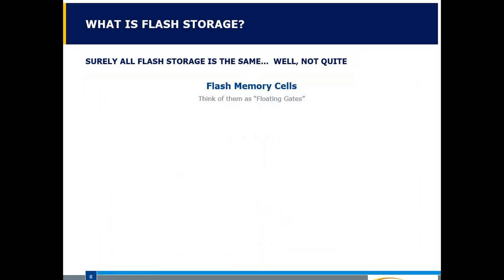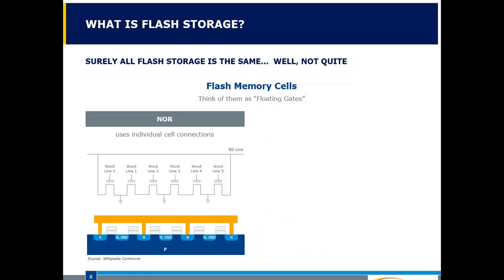Originally, when flash memory was designed, it was based around what was called the NOR gate design, which is individual cell connections along a bus line. This design was originally extremely fast, but was very expensive to construct and manufacture. So over the course of time, the manufacturers came up with a second design that was primarily based on NOR gates, but